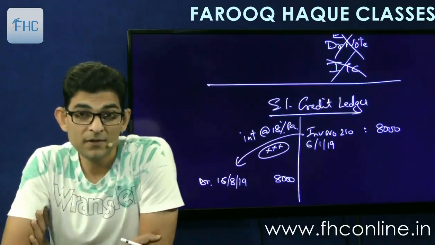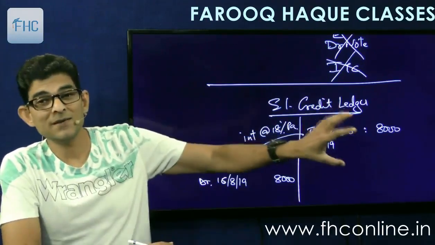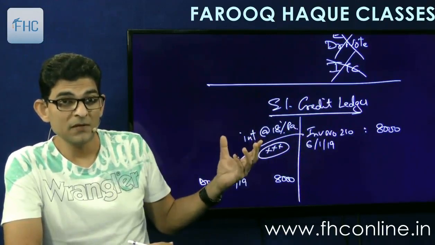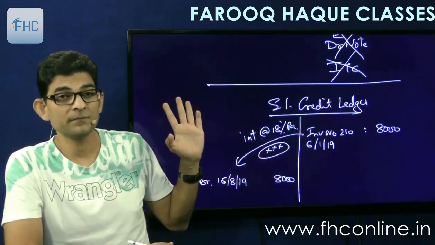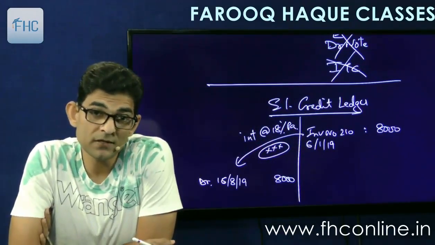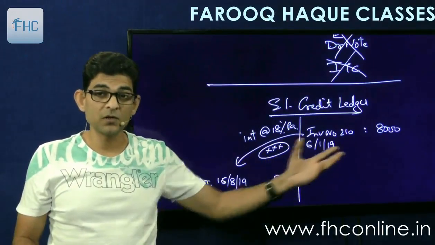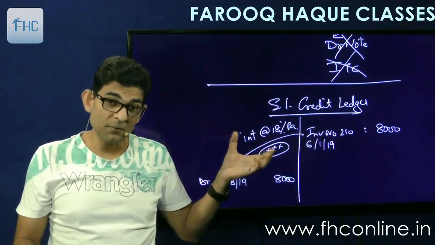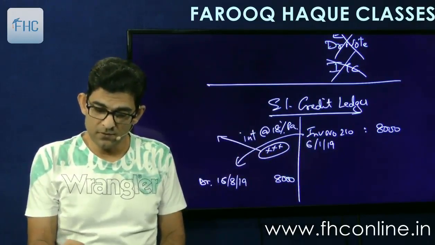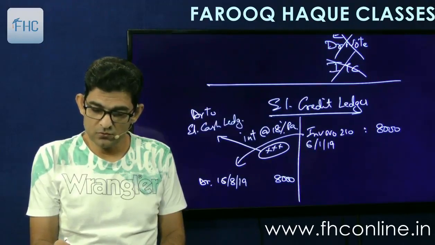Okay, but remember, the interest cannot be debited to the electronic credit ledger. You cannot use ITC to pay interest. Interest will have to be debited to your electronic cash ledger. It has to be paid in cash. So 8,000 can be debited to the credit ledger if there is a balance. If no balance, then cash. So 8,000 can be paid out of both credit ledger or cash ledger. But this interest amount will have to be paid only through the cash ledger. So this amount will then be debited to the electronic cash ledger.